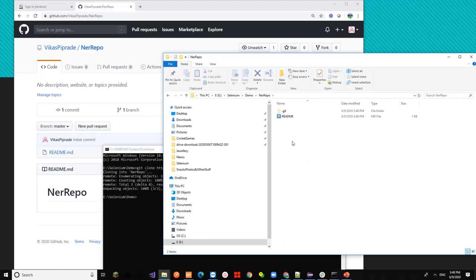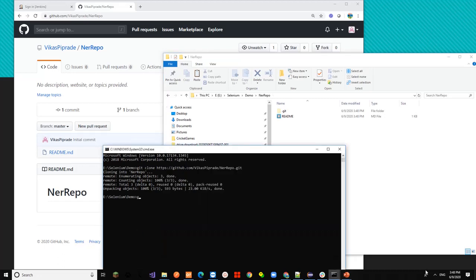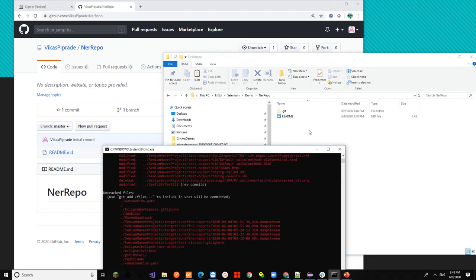Now I'm putting all my new files, which I want to add, in this particular folder. There is one more command to check the difference between the GitHub repository and your local.